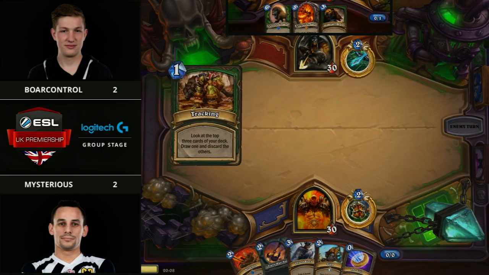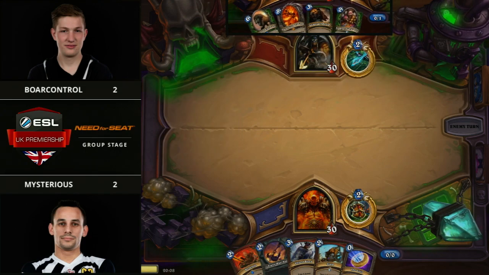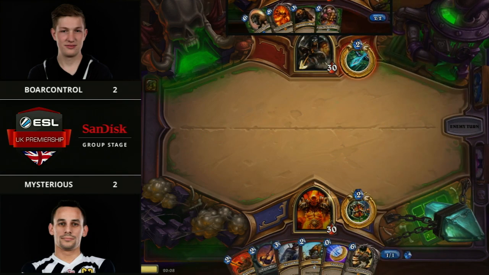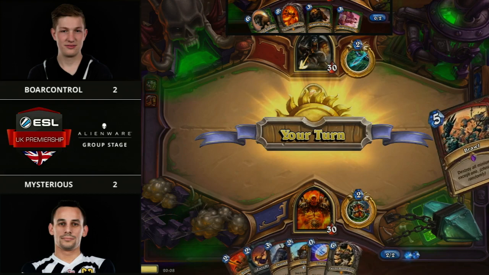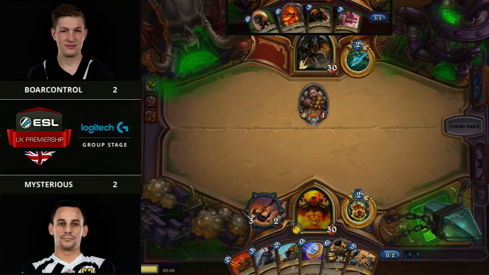Ball Control opting to keep Savannah Highmane in his opponent's mulligan. Pretty important card against the warrior, though. Gets Ragnaros as well. Tracking, we didn't even get 6. He picked it so quickly. Just takes Kindly Grandmother. Wants to get something on the board, nice and early. Do you think this will be an aggro Hunter coming out of ball control? Maybe. Or do you think it's just the kind of traditional mid-range? You kind of just run Grandmother in all Hunter decks these days, so...